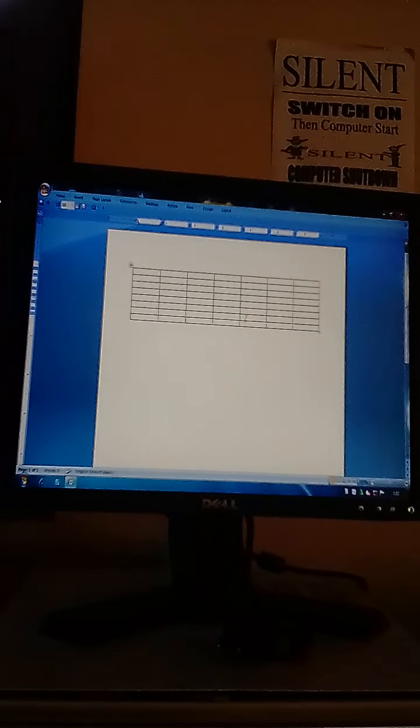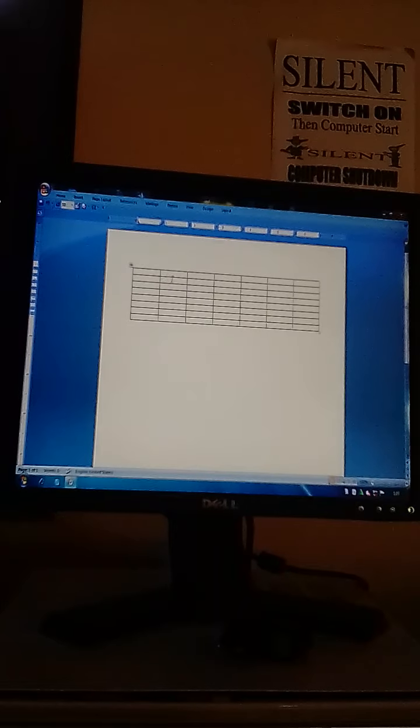So dear students, here you see that these are the columns. Columns means the lines that go from top to bottom, in vertical form. These are known as the columns. This one is column number 1.